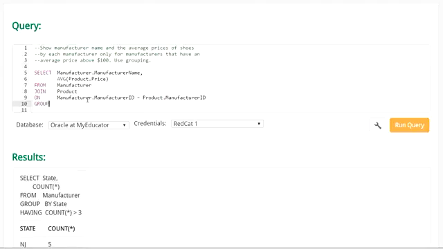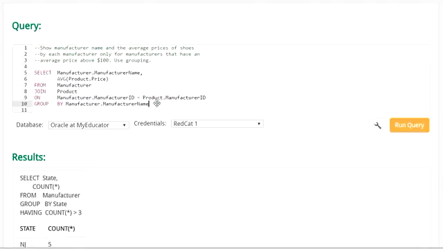And now we need to group this by something. We need to group it by the name of the manufacturer. And every field that's listed up here in our select clause that is not an aggregate function like this. This is an aggregate function. It's aggregating several fields, the price fields, into one, an average of those. If a field is not an aggregate and it's in our select clause, that means it needs to be in